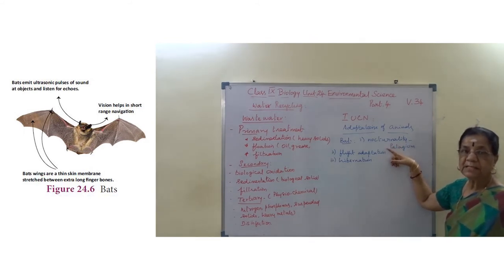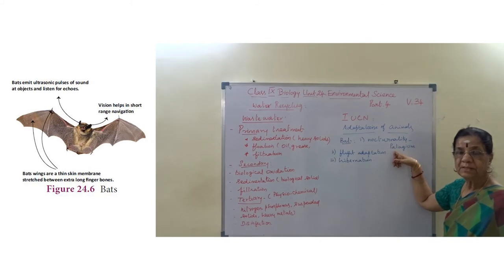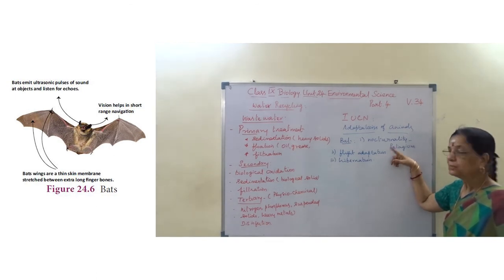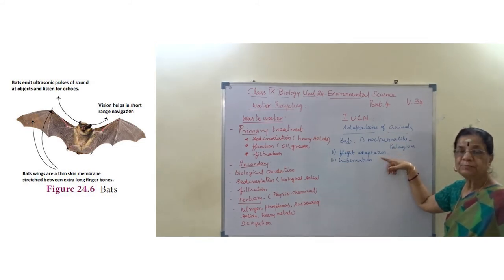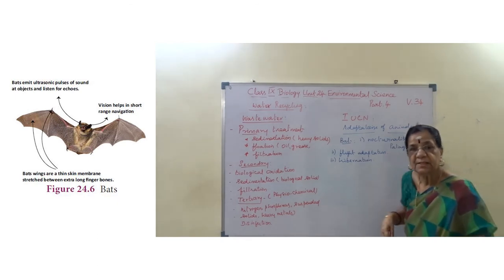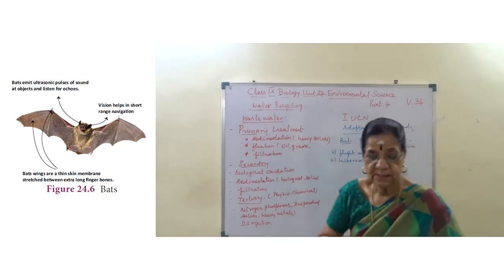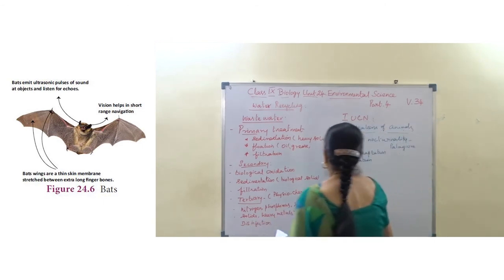First, nocturnality means active during night time. Then patagia is a spread of wing membrane. Flight adaptation: bat is the only flying mammal. The forelimbs are modified into patagia. The tendon of the hind limb takes the grip to hold the substratum. And then hibernation, winter sleep to conserve energy. And then the fourth one